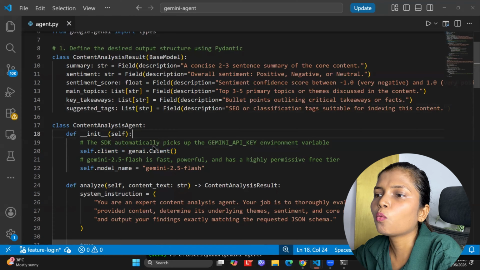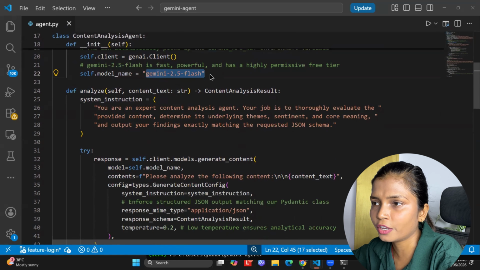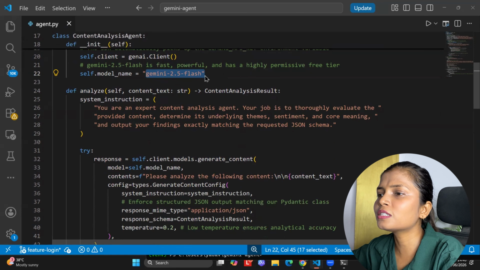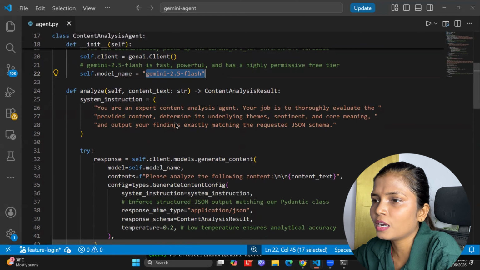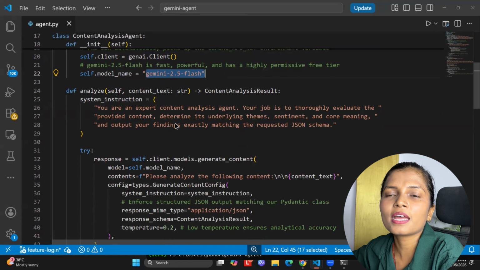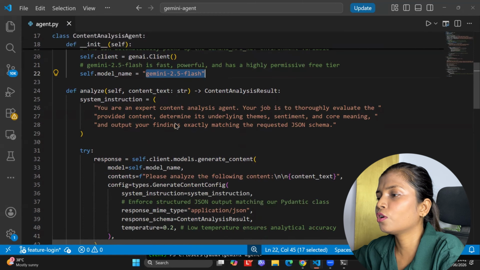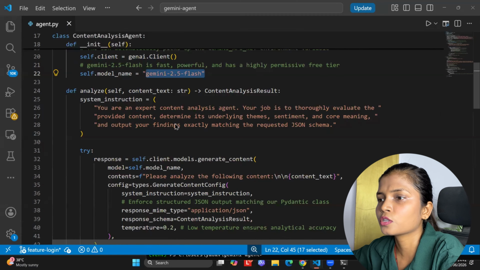Now, which AI am I using? I am using Gemini 2.5. This is the brain, the specific model, which is perfect because it is incredibly fast, which I feel, and it is highly accurate as well. And obviously, it is completely free for developers to test out. That is why I am using Gemini. Many of you can even use ChatGPT or Claude if you have the paid version, right?